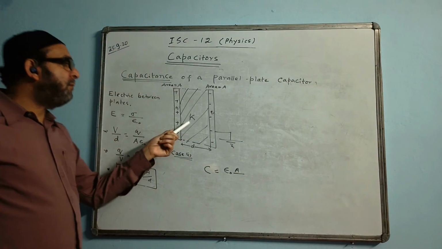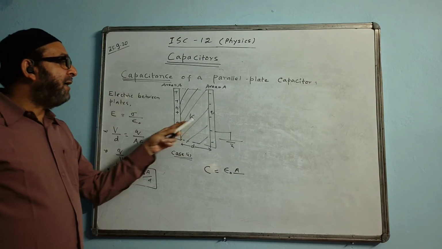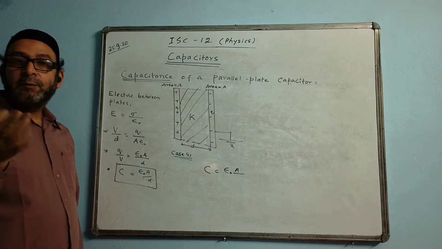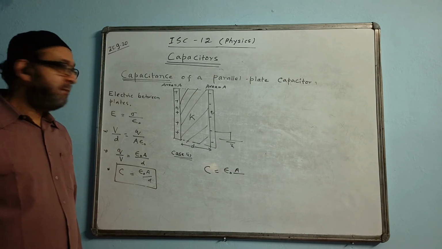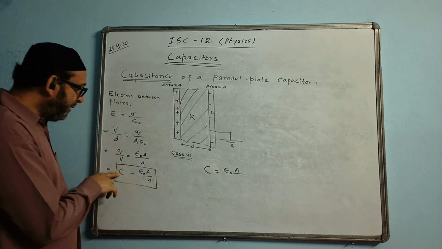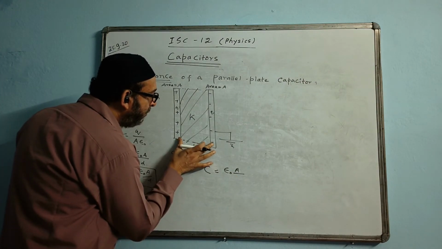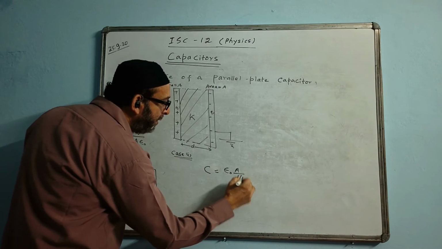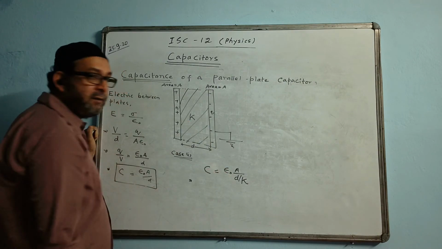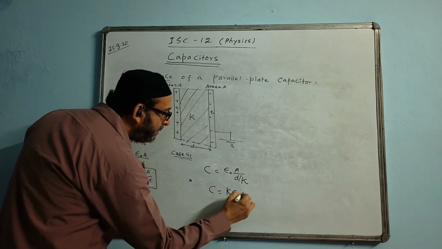When we have the dielectric medium K there, the potential will further decrease. When we introduce the dielectric medium, force decreases, electric field decreases, potential also decreases. All three factors decrease when we introduce K. But when V decreases, capacitance increases. So here you can write d divided by K, capital K, for the potential. The space is filled with K, so that K will come up and become K times epsilon naught A by d.